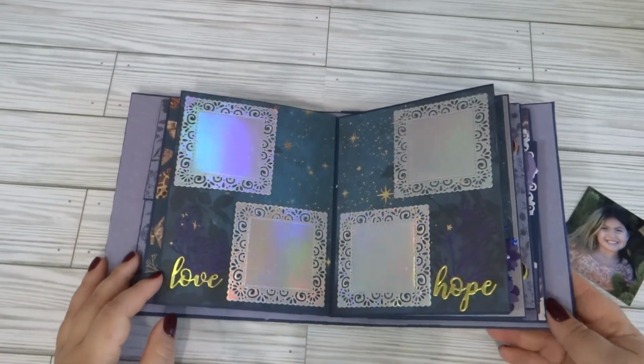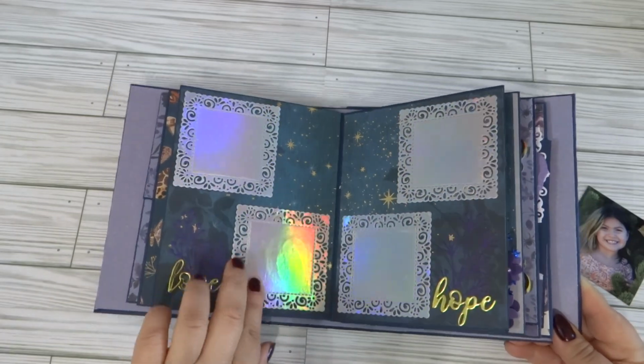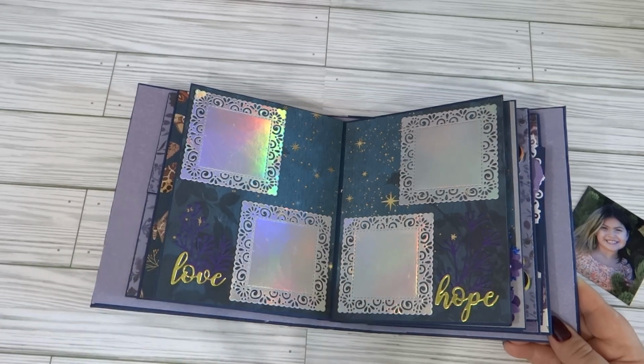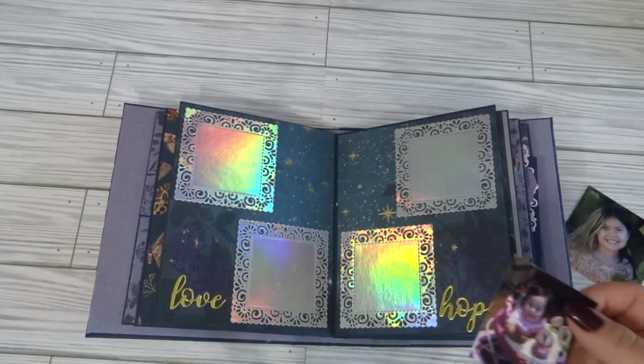This one is really fun. I was kind of hesitant to put this holographic foil in here since it was mostly gold, but I thought it contrasted really well because the holographic, you can see the purples in there, you can see the blues in there, and this will hold just like a